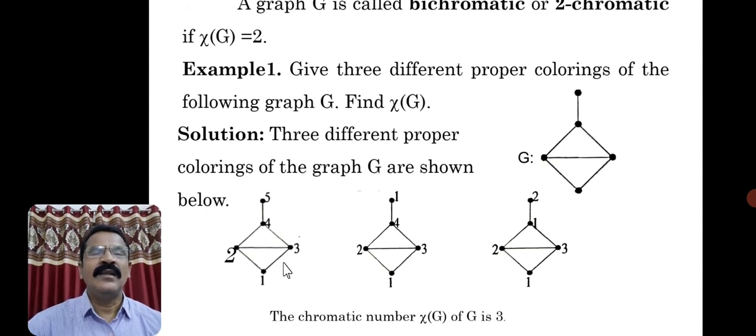So in this way, you can color the same graph with 4 colors. That's why it is called 4 coloring. The previous one is 5 coloring. This is 4 coloring. You can even reduce the colors by one more color.